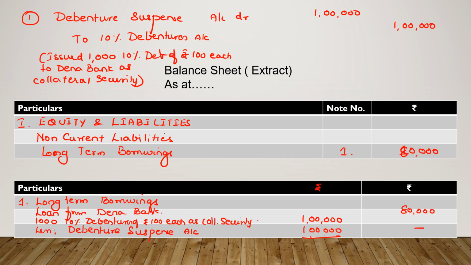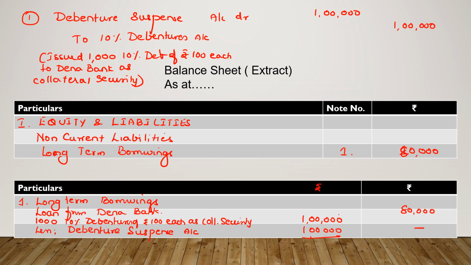There in the first case we just wrote a note, but here we are going to show that so many debentures are issued and we subtract it with the debenture suspense. And in this way, actually only the loan amount is going into the balance sheet total. As long as the loan is being repaid, this is not going to be exercised by the bank.